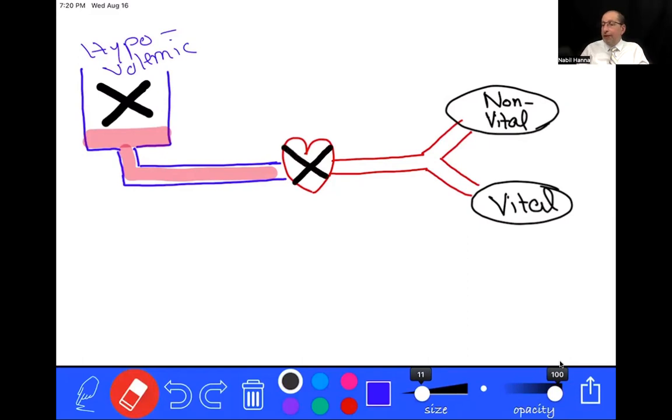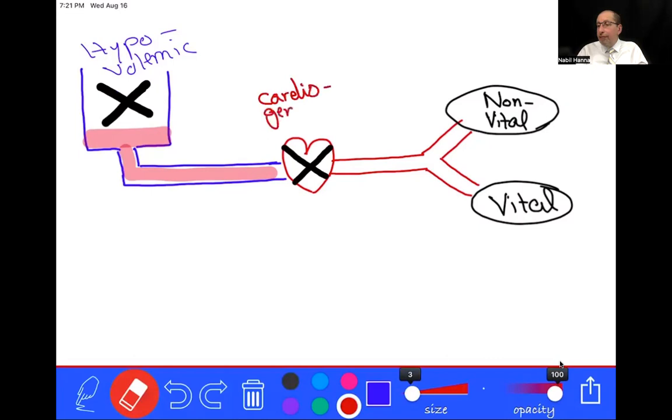If you have severe heart failure, or if you have heart attack and your heart cannot pump. So we call this pump failure, or we call it cardiogenic shock. The third type of shock occurs here,